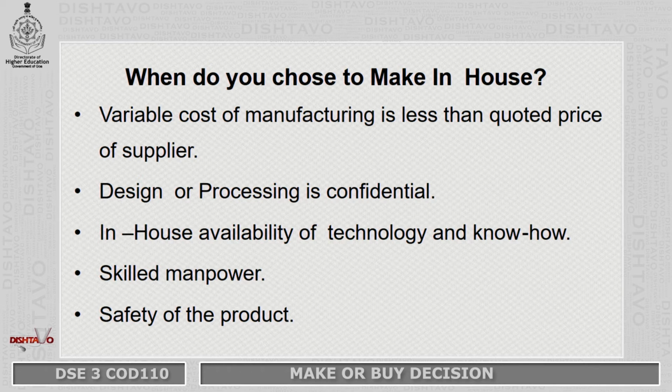manufacturing the product in-house. Similarly, other factors are also very important, like your process or your design is very confidential, you do not want to share. If you outsource it, you have to share your design or your process, and you do not want to do that. Then in that case, however the manufacturing cost may be more, you will take the decision to manufacture in-house. Similarly, if a technology or know-how is available, skilled manpower is available and you want to look out for the safety of the product, then in that case you will take decisions related to manufacturing